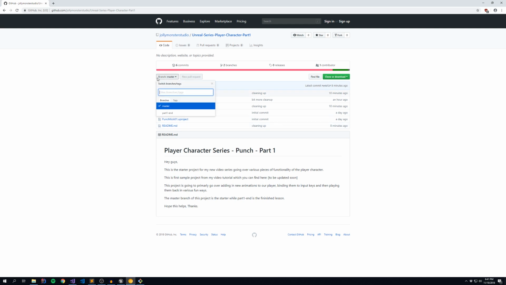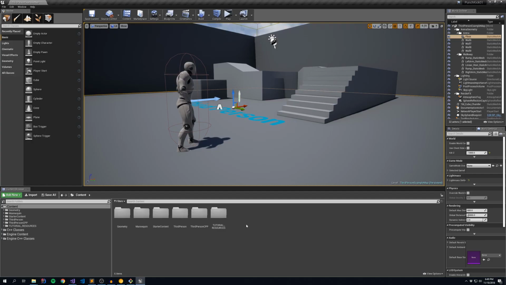You will also notice under the branch that there is a part 1 end branch, and that is basically the finished product from the end of our lesson. So if you want to skip all the way to the end, there it is. So with our project downloaded, we can now go ahead and pop open Unreal and just take a look at